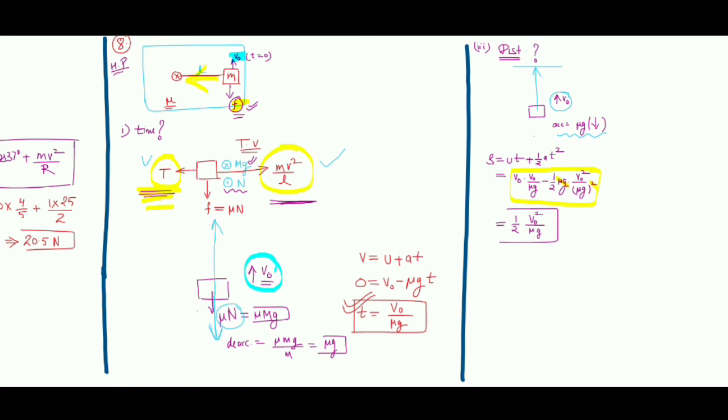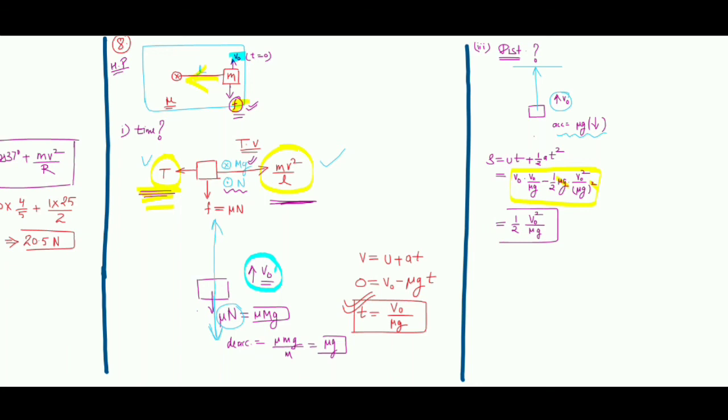The next and last part of this question is, what will be the angular displacement before it comes to rest? If you see over here, it will move only in one particular direction. It will do circular motion only in one particular direction, in this case the anti-clockwise direction. It will not turn back and start doing circular motion in the clockwise direction. So over here, theta will be only in one particular direction.